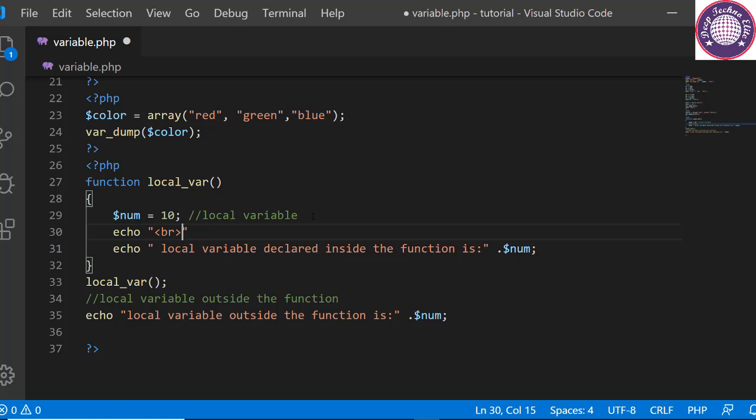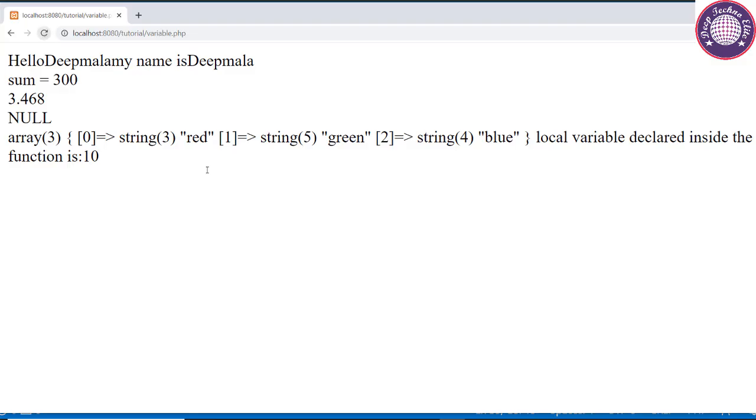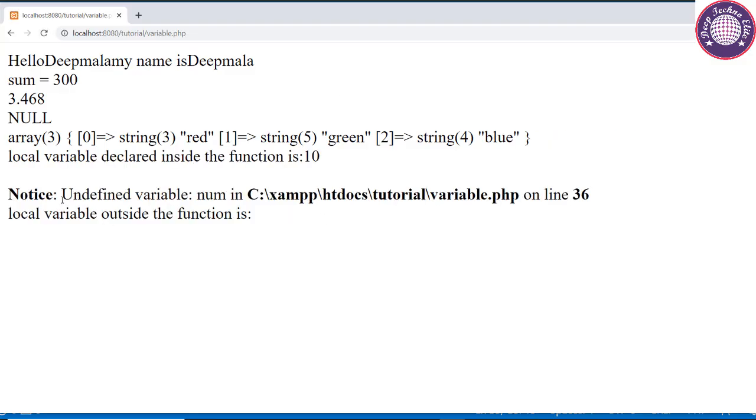Let's have a break here. Save this and refresh the browser. And here we have an error message, undefined variable num, because local variables are only recognized by the function in